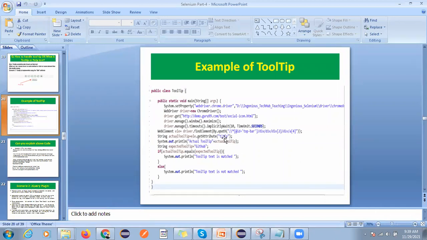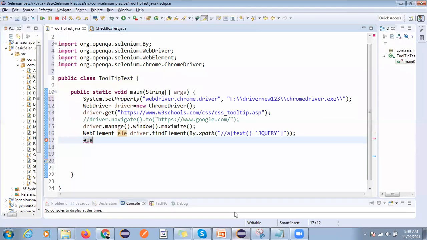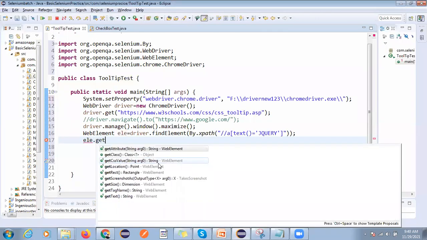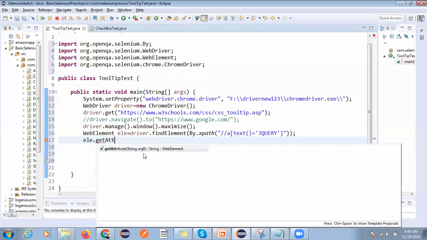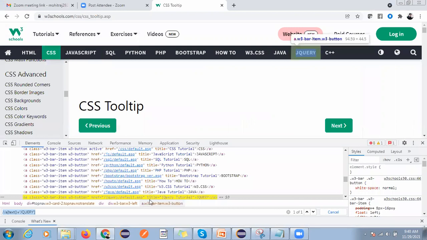Okay, so title is your attribute, right? So from here we can capture this. You can see this is the title, and when you mouse over here, you can see this value is coming, right? And this value will be read from getAttribute like this, title. So the attribute value is title. Almost in all scenarios, getAttribute. Okay, so what is the getAttribute value? It is title.